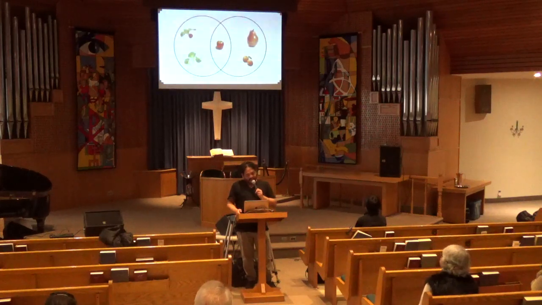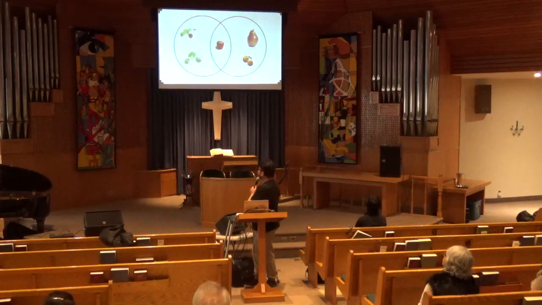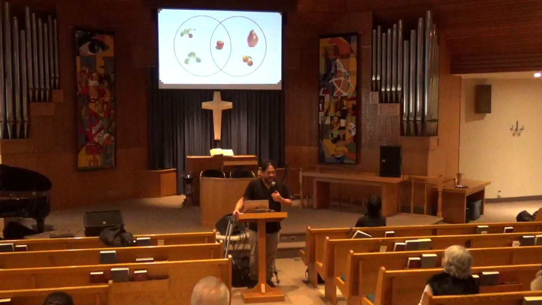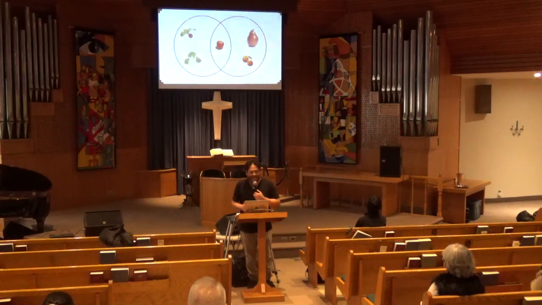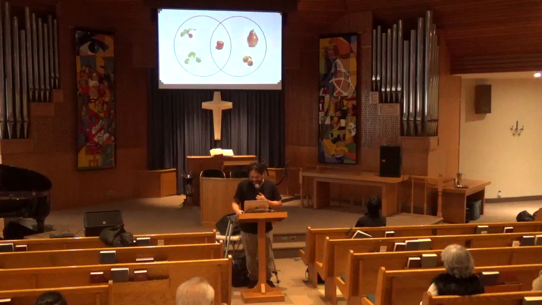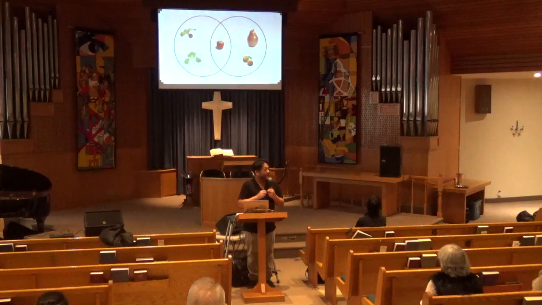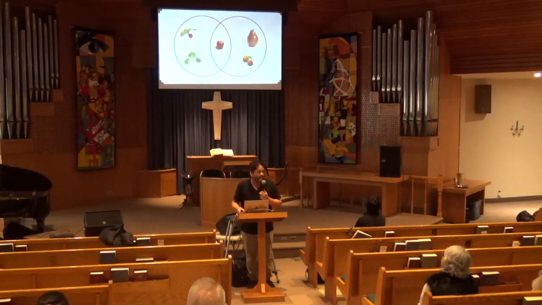Here's another tricky one. Which side has the fruits? Right side? Yeah, that's a pear and some apricots maybe. And the vegetables would be on the left. And what about that right there in the middle? Tomato. Where does that fall under? Is it a fruit or a vegetable? It's a fruit by classification, but culinary-wise, we treat it as a vegetable. So one of those strange places. We don't know. But distinctions are important. Also, taking into consideration the purpose with how we're defining it or what we're using it for.